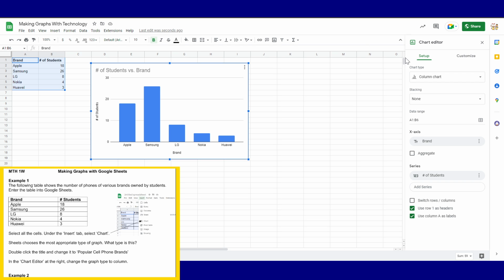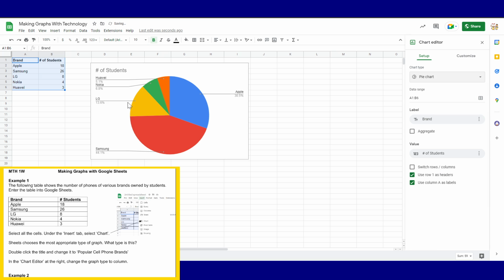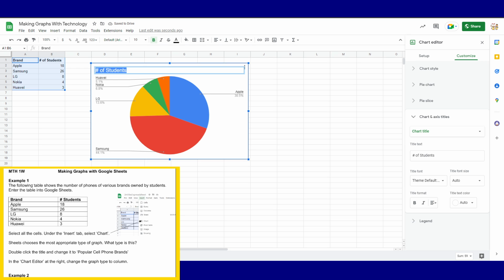So in the setup option, you can just click on the different chart type. It will give you one automatically, and then you can adjust it. You can adjust the titles by double clicking on the different spots. So here we go, might change it to cell phone brands. You do have the option you see on the side, under Customize, of all the different things that